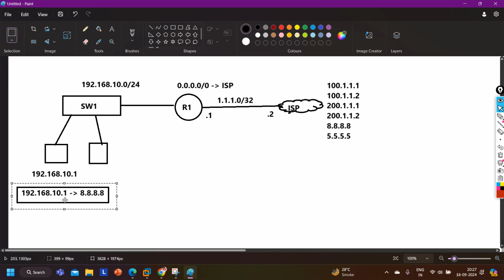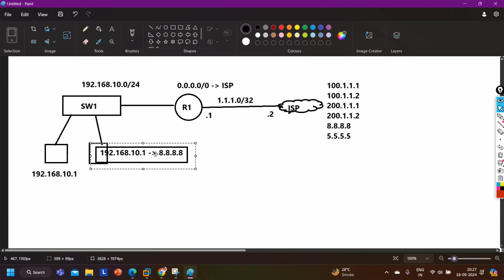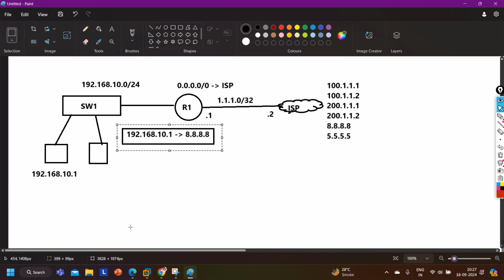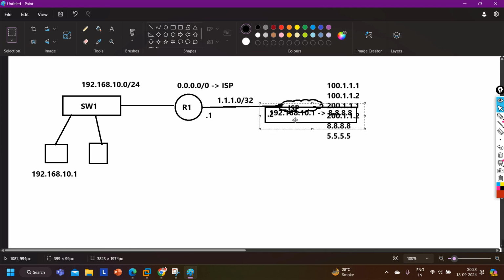Now you are going to configure NAT here. Configuring NAT means I'm telling my router 1, whenever you receive this packet, translate the source IP address, which is 192.168.10.1, into the public IP address running on your interface, 1.1.1.1, and then forward the traffic to the ISP.